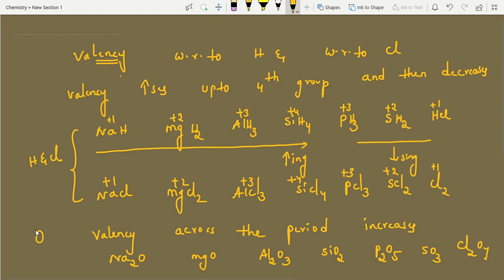Look into this. This is oxidation state +1 per atom, +1. This is +2. This is +3. This is +4. Your +5. Your +6. Your +7. See, as we move across the period with respect to oxygen, valency is increasing. Depending on the question, we have to give the answer. Clear students? With this valency completed.